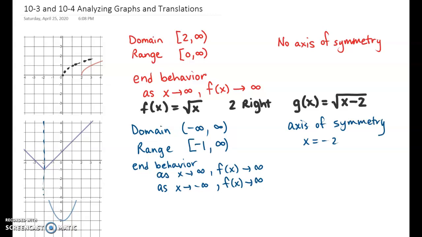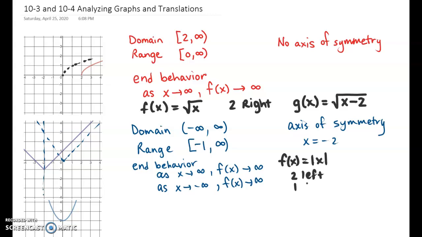We also know that this is the absolute value function because that's the one that's v-shaped. The standard absolute value function goes through the origin, but this one has been translated. So if I go to the translations for this graph, the original function, the parent function, would be absolute value of x, but our function has been translated to the left